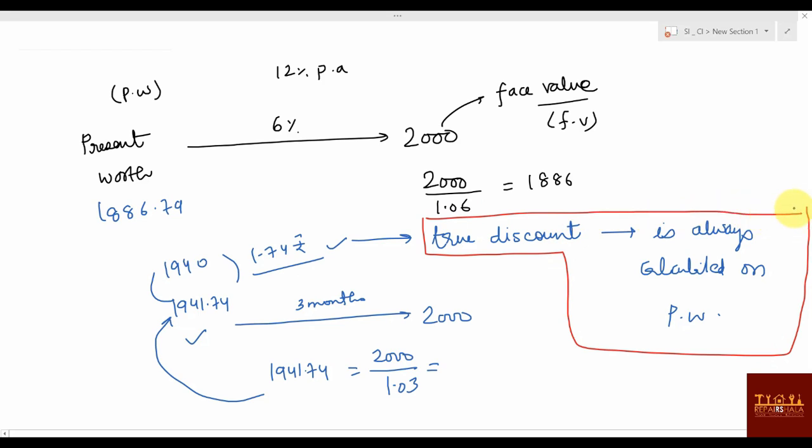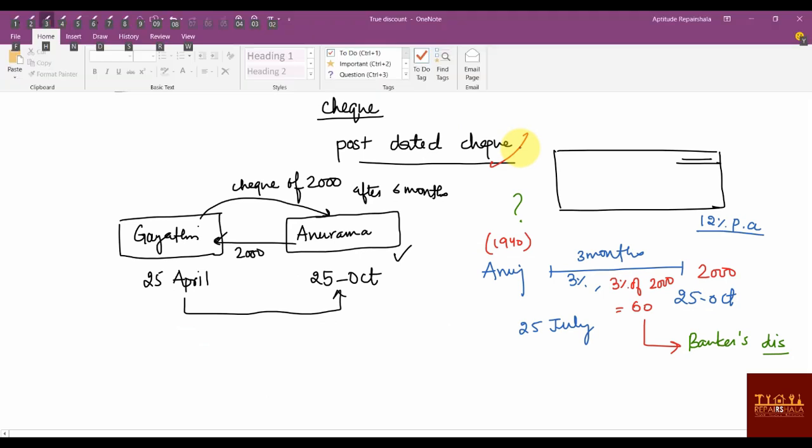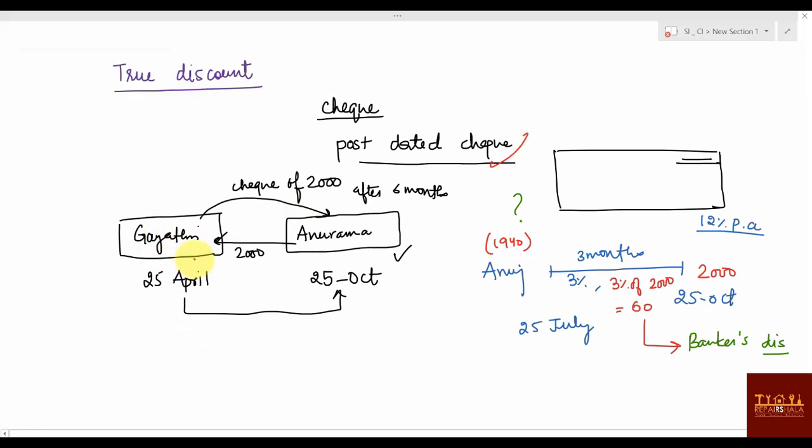Do you want me to explain again? I'll explain again. So the post-dated check concept is clear, right? What I'm saying now is that Gayatri got a phone and she did not have 2000 rupees. So she gave a post-dated check of 2000 rupees, but Anurama actually needed money before itself, 3 months before. So she came to me and told me that she has a 2000 rupees check and needs urgent money. I told her that I cannot give you 2000 rupees. Why? Because if I give you 2000 rupees, it will be a loss for me, because I have to pay interest on 2000 rupees, or maybe I can earn interest on 2000 rupees.